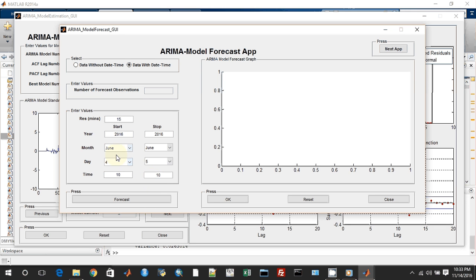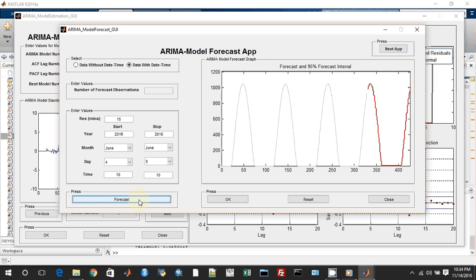So what we have done right now is we have set up a simulation period for which we have to predict. So before, the amount of data which we took was from 1st June to 4th of June, and now we are going to predict for 4th and 5th of June from 10 a.m. onwards. So we will just hit forecast, and what we will expect is